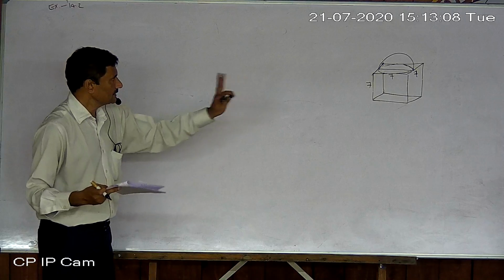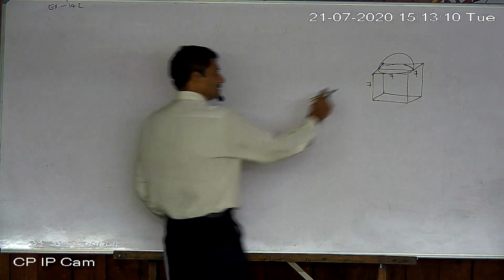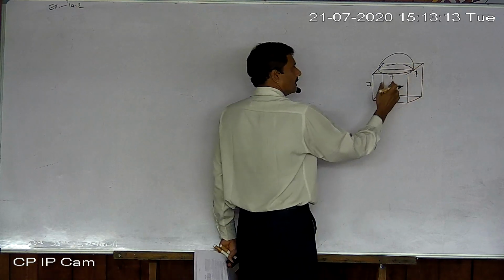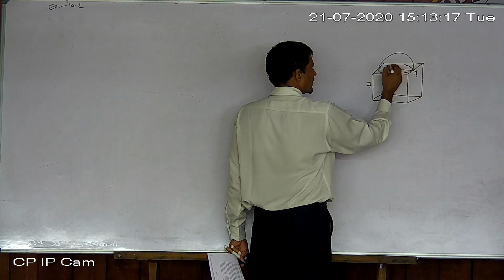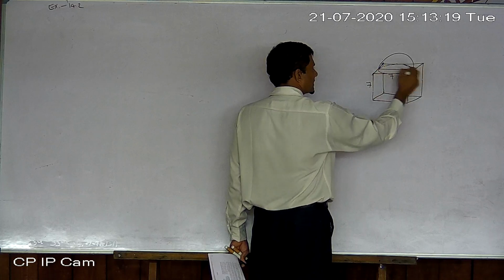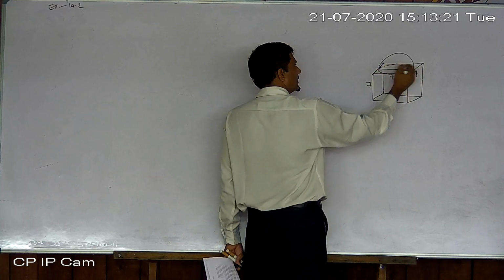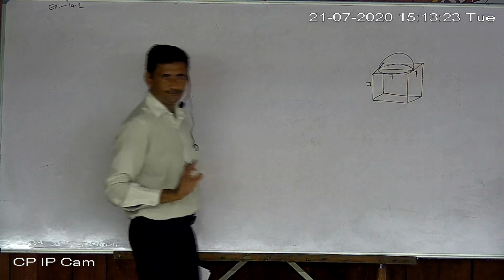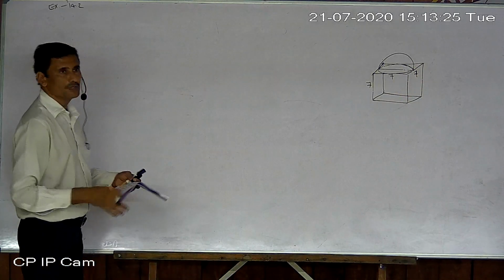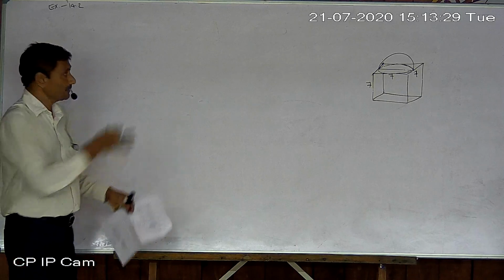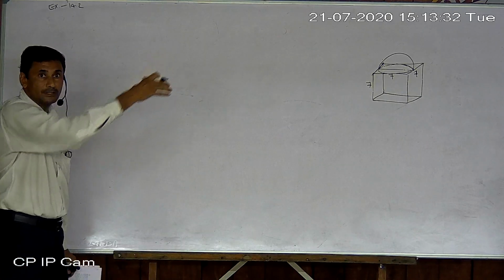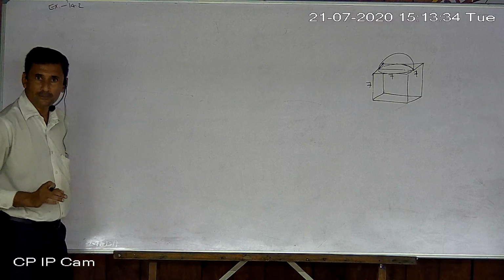Just try to draw it this way also. I just make a cube here, and after making the cube, an oval shape like this. Actually it is an oval, but three-dimensionally it is a circle. So make the hemisphere of this type. Now we got the first answer. Now what they are asking: find the surface area of the solid, after placing the maximum size hemisphere.